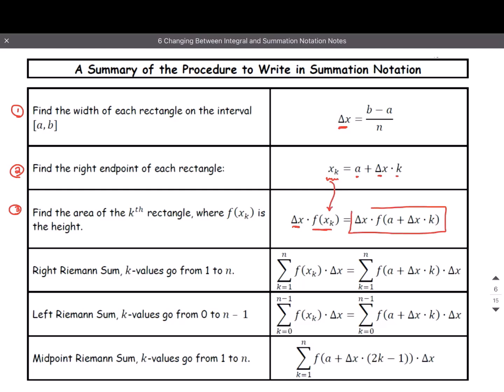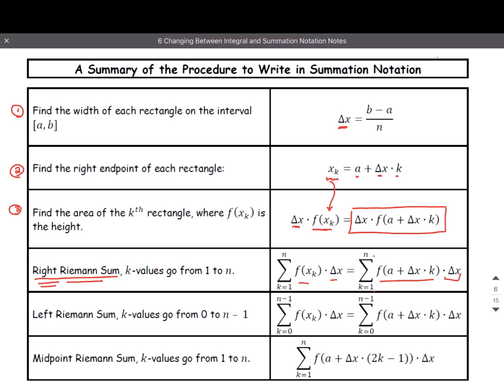And this one, delta x times f of a plus delta x k, might be the easier one to use. Now, we've been doing a right Riemann sum. So the right Riemann sum starts at k equals 1. Sometimes they'll change the k's to i's. It doesn't really matter. So it's the summation as k goes from 1 to n, because when we're doing a right Riemann sum, we don't start at the first position 0. We use the right side of the first rectangle, which would be at 1, all the way till the end of the interval, which is at n. And we do the height times the delta x. So that's the summation as k goes from 1 to n of f of a plus delta x times k